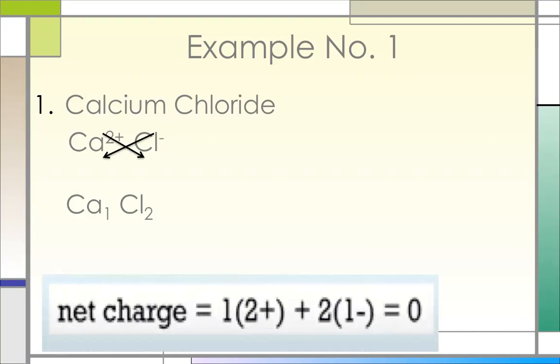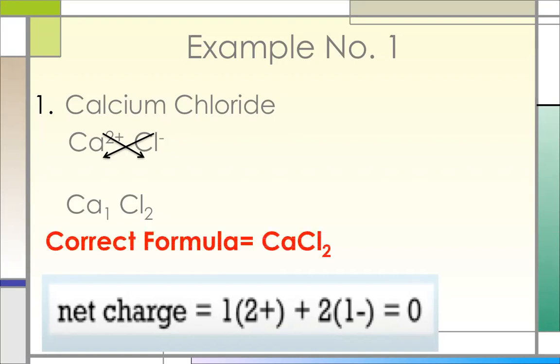You have 1 from calcium received from chloride, but the calcium has 2 positive charge, plus you have the atom of chlorine or chloride received from calcium, which is 2. Then you have multiplied by the original charge of chloride, which is negative 1, is equal to 0. Remember, as I told you, that the net charge of this compound should always be 0. So the correct formula is